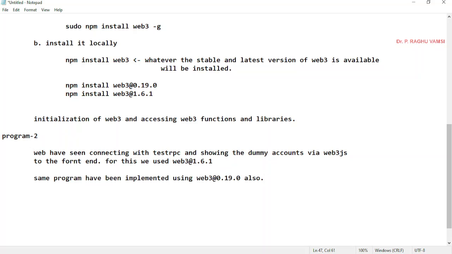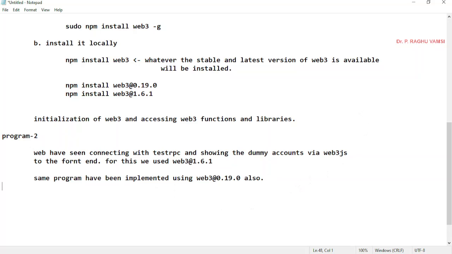First I showed the older version, Web3 0.19.0, and then slowly modified it to the latest version. That is, whatever the previous APIs were, they have been modified to suit version 1.6.1. That means the older modules or library functions have been replaced with the newer ones. That video I have already provided in this classroom, so you may go through that.